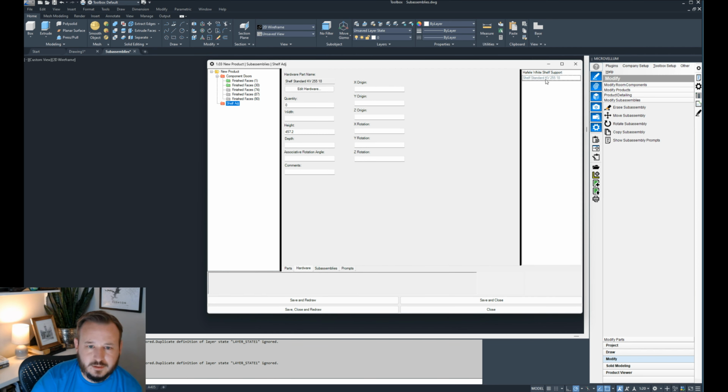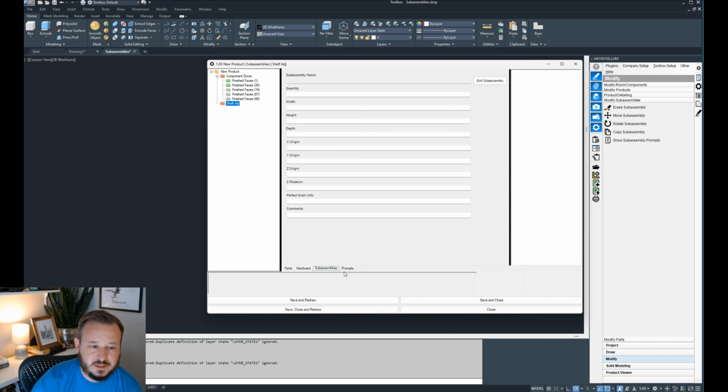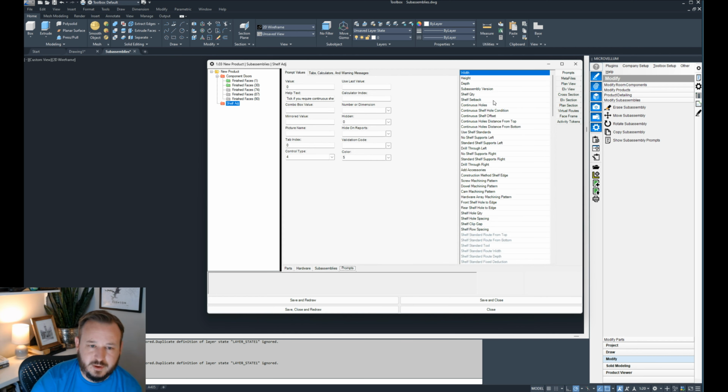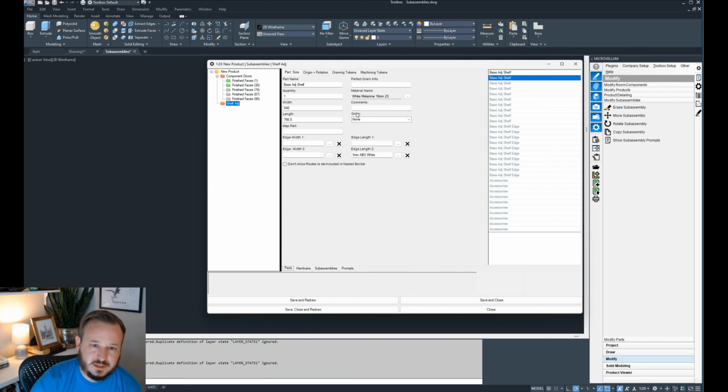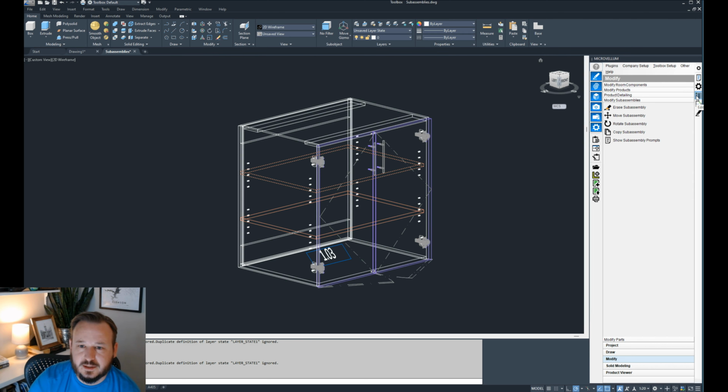Similarly, if there's any hardware, my shelf supports and shelf standards, which are off, but my shelf supports are on. There's no subassemblies in this subassembly, no nested subassemblies, and then my prompts again. So I can interact with the subassembly here through part properties just like I can the product. And the last way is in the edit design data, the spreadsheet, so to speak. If I open that up,